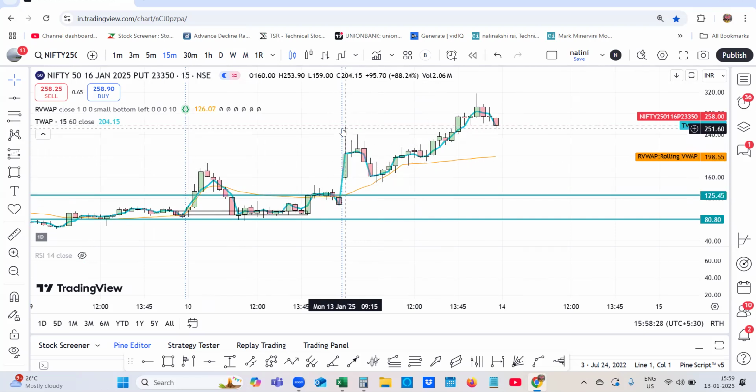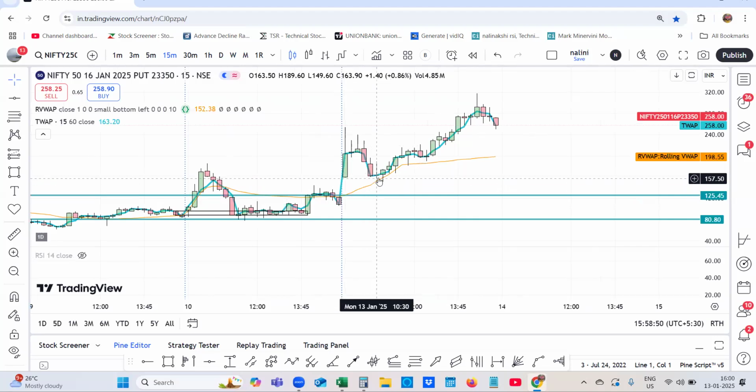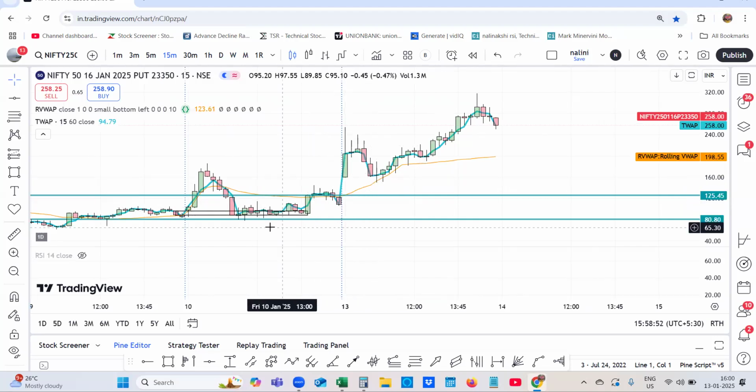It's a gap up and it is moving up. You should not enter, because there will be a lot of volatility in the market. There, only after 3 candles settled, we went for a reversal call option in the market. So here you can comfortably enter, because of the structure it is making.